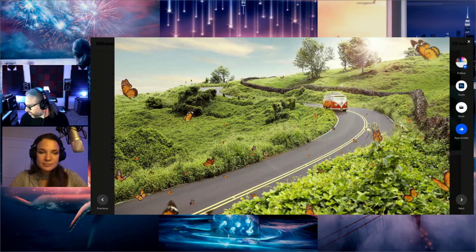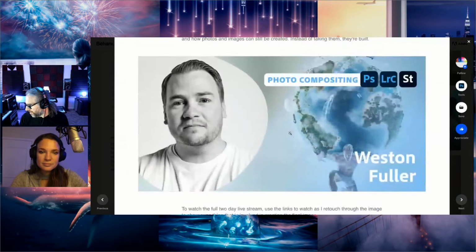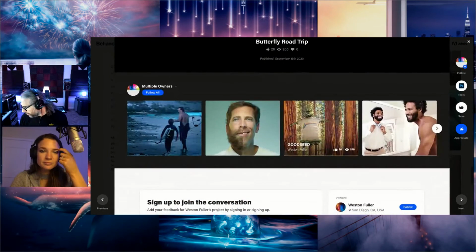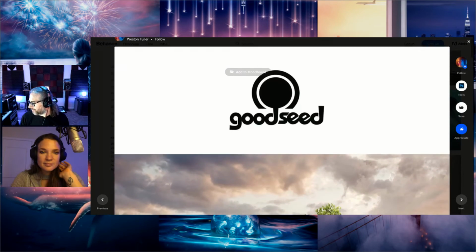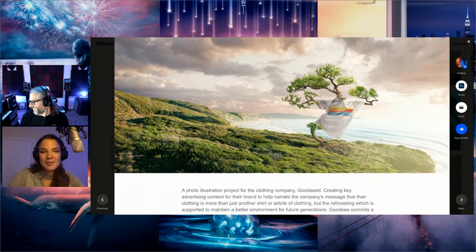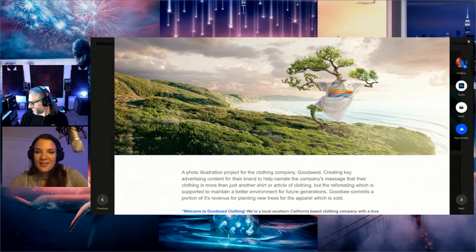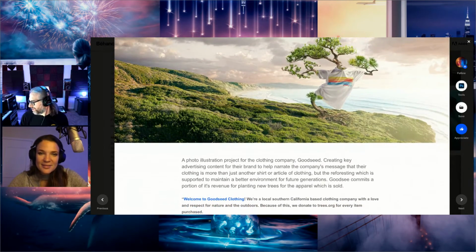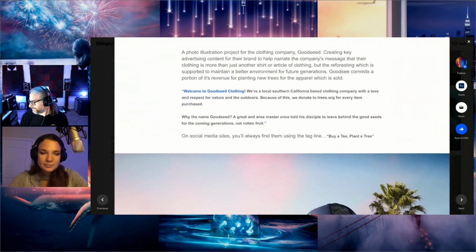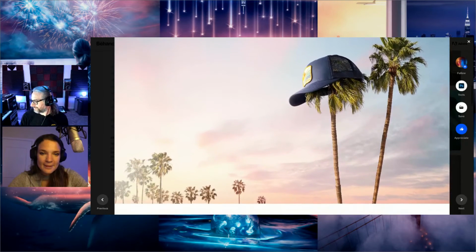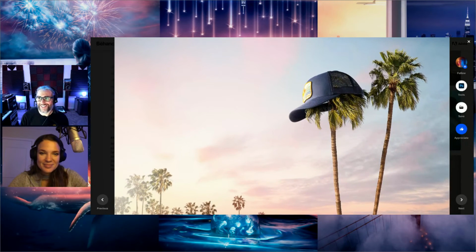All right, let's look at one more here. Down to the bottom. Oh, cool. Very cool. Photo illustration project for a clothing company. Okay. Oh, awesome. That's really cool.